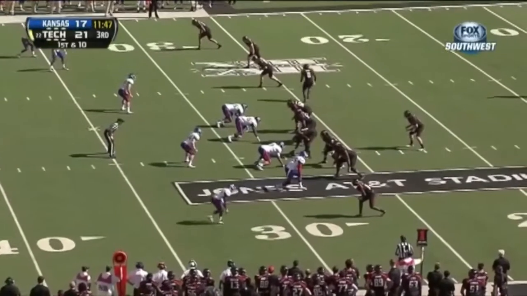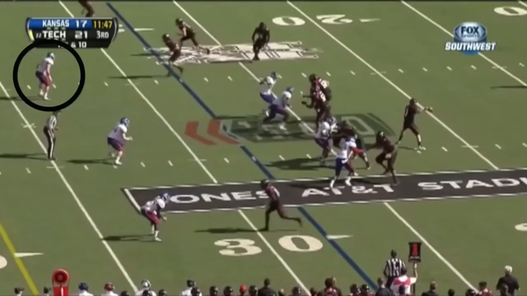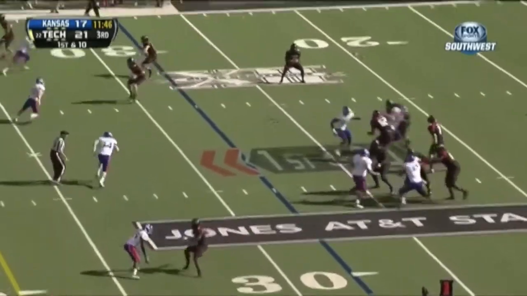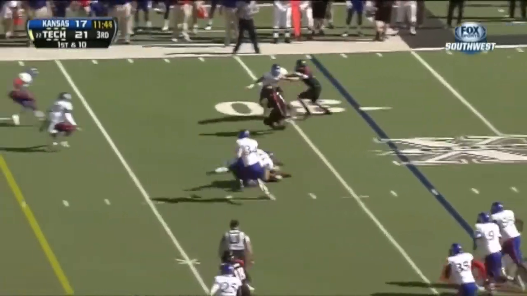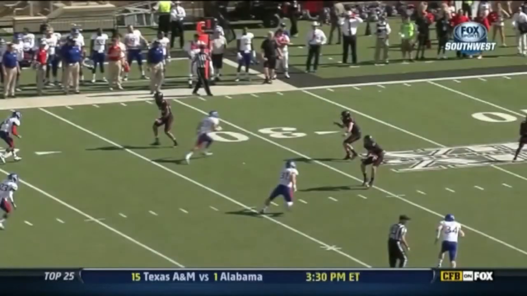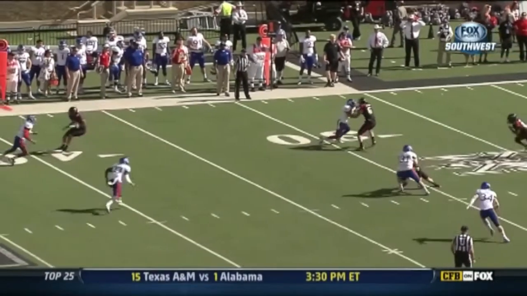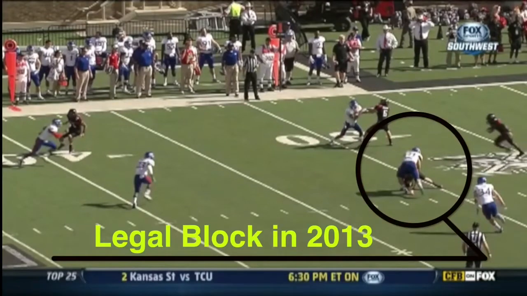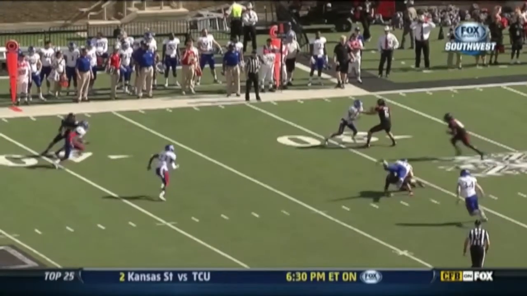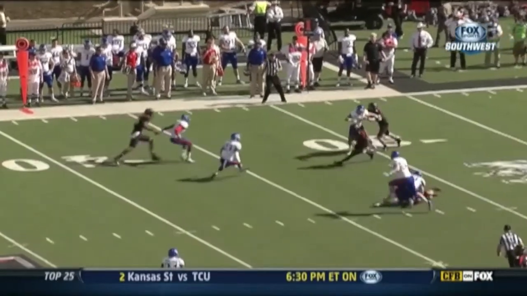While not specific language in the rule, the intent is for defenders to have an opportunity to protect themselves rather than being blindsided with a block that they cannot see coming. However, the fact they may not see the block cannot be considered by the official in determining if the block is legal or illegal. We have two specific provisions, the peelback block and crackback blocks, that are the only two